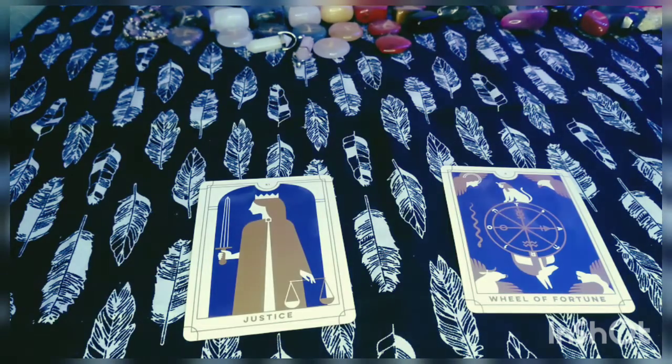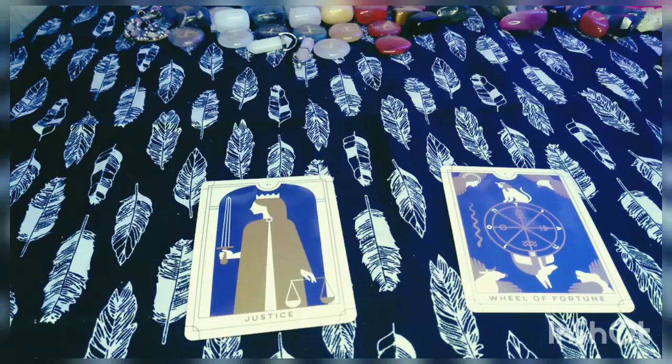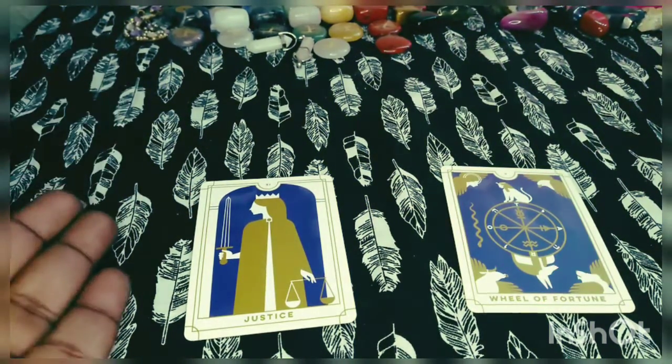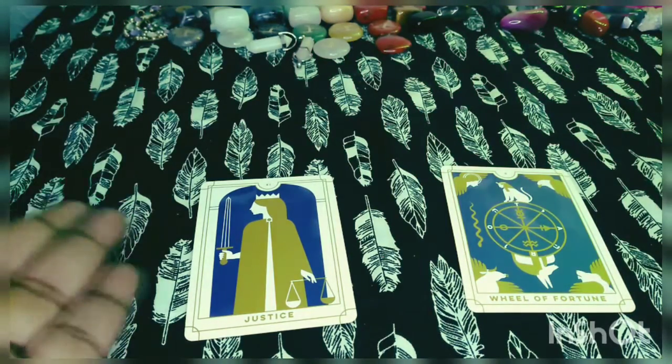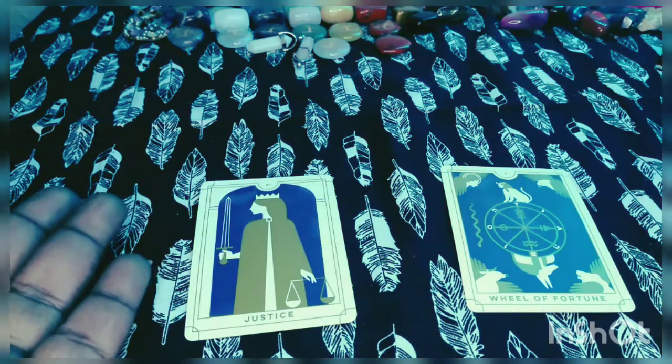That circle can be spent in your favor to where something good happens to you, or it can be turned in a way to where you get your karma back. So Justice, I believe, equals karma. So I feel like if you get Justice and Wheel of Fortune paired and it's upright, you are going to get the good you have done to someone. And quite simple,